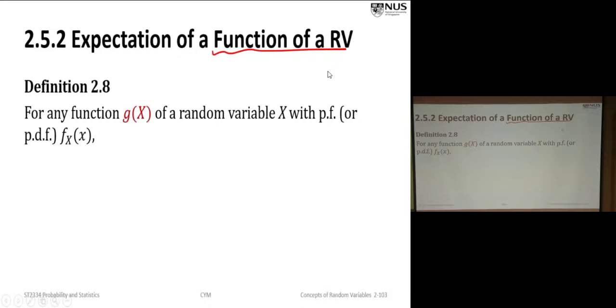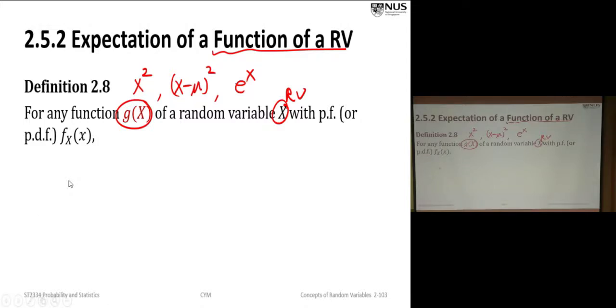So it's nothing new, except that we are looking at x, a random variable. So g of x is also a random variable. G of x is just a function of x. An example is x squared or x minus mu squared, or e to the power x. These are some examples of a function of x. Because x is a random variable, a function of the random variable is again a random variable.